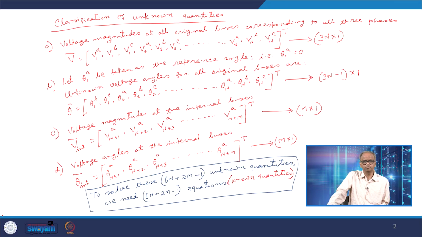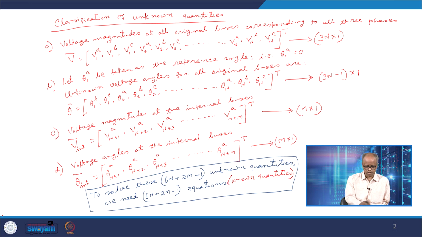Welcome to this lecture on modeling, analysis and estimation of three-phase unbalanced power network. In the last lecture we have been talking about the unknown and the known quantities. Unknown quantities, we said that first of all these are the voltage magnitudes at all original buses corresponding to all three phases. So, if I have got an n bus system, then I have got altogether a total of 3n unknown